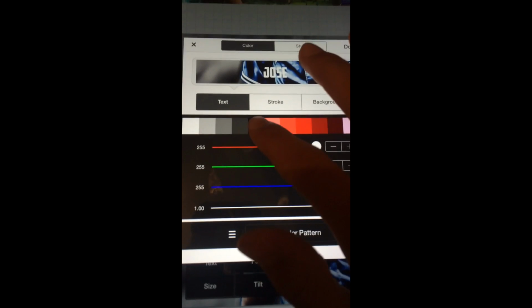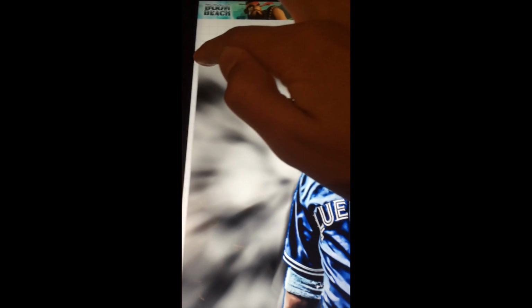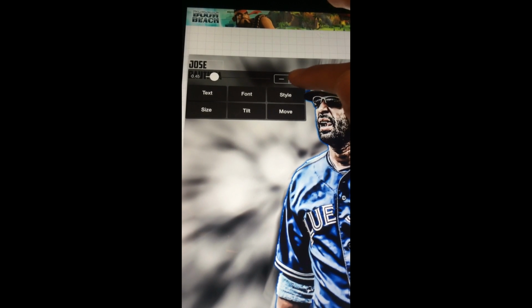So here's what I did. I wrote Jose Bautista. Don't correct me if I spelled that wrong. And then I have all these fonts. I chose American Captain. And then you go to Style. You can make it black, which I did. And then I put it right up at the top corner, and then adjust the size about 40, 50,